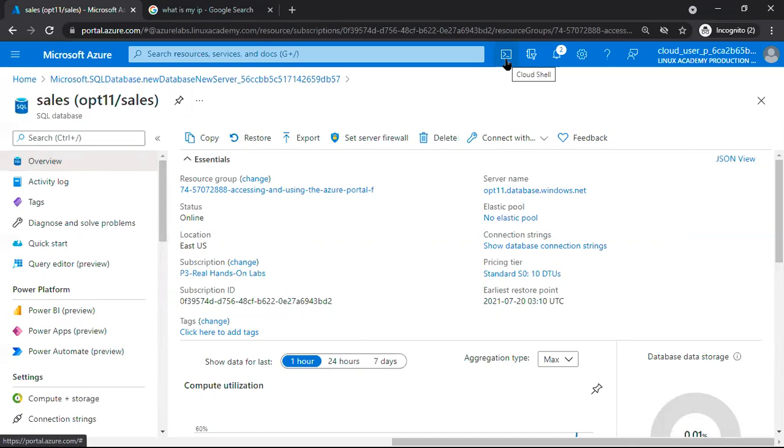So by using CLI also we can provision the databases and work with them. As well as by using PowerShell also we can work with these databases. Means no need to connect to the portal compulsorily.